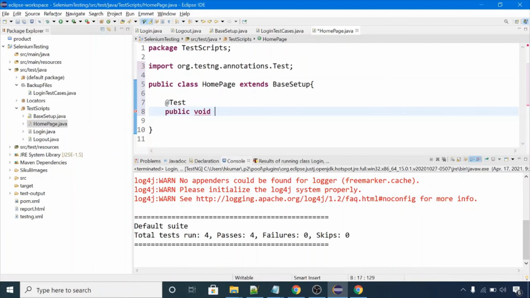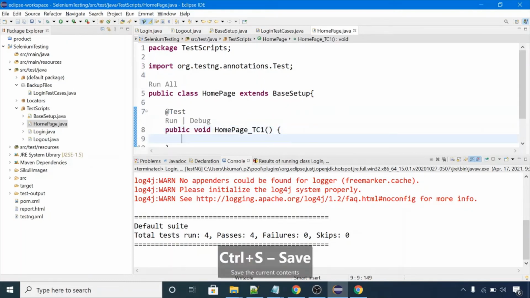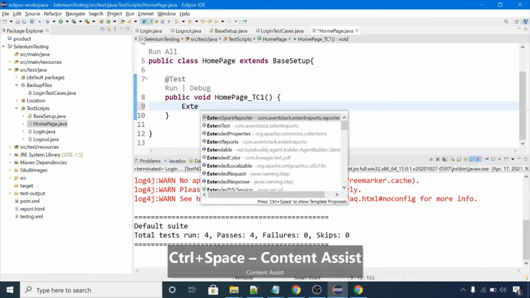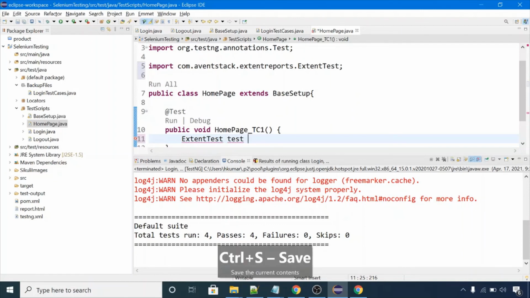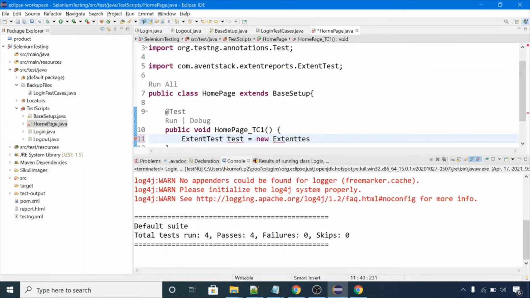Void, and name it homePageTestCase1. Again we will use ExtentTest extentTest equal to, sorry, we need to use extent.